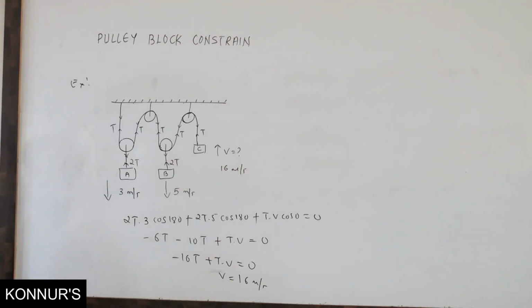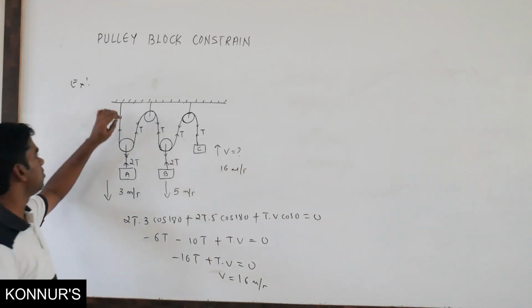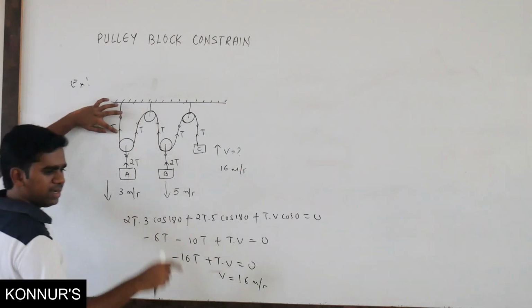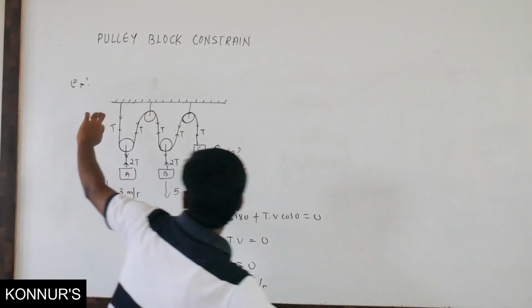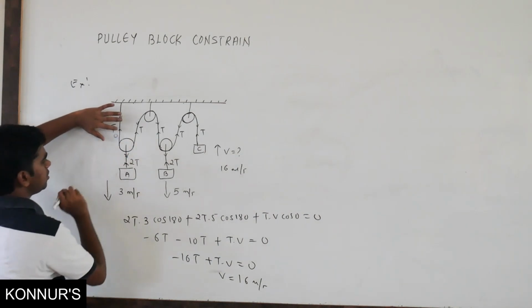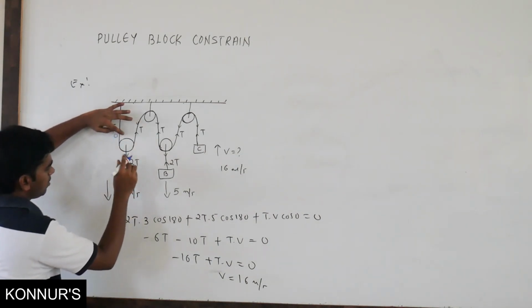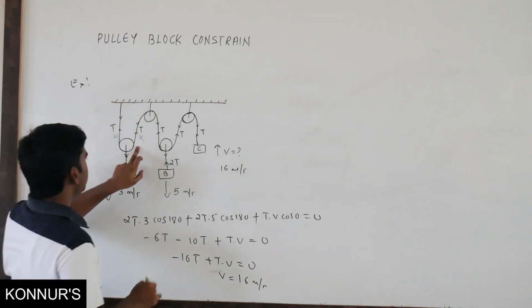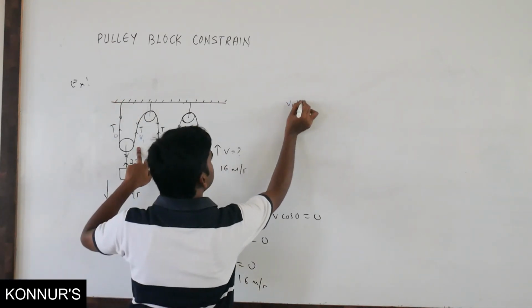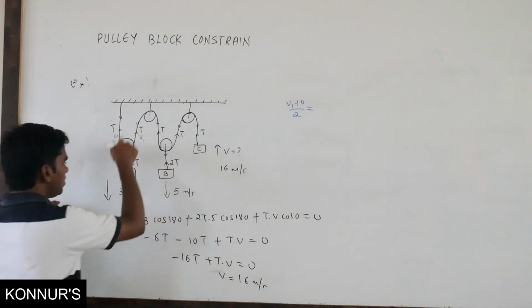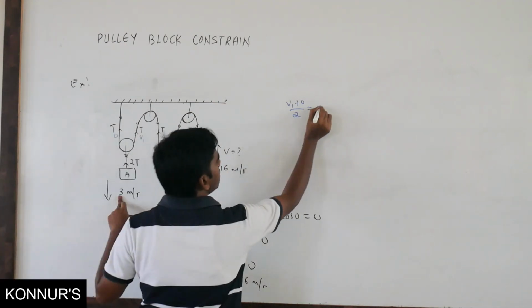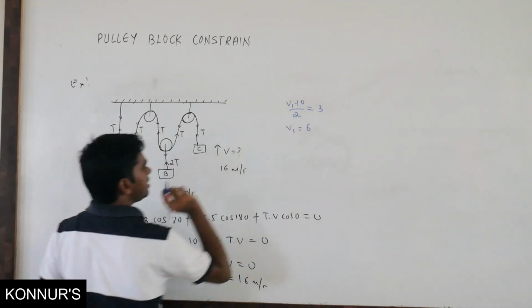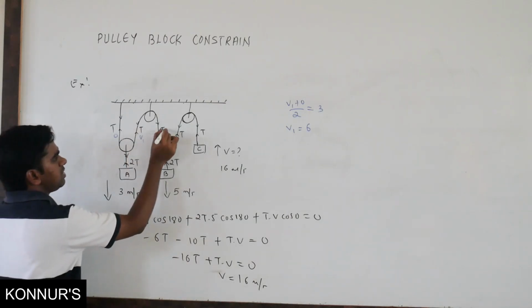Okay. If you apply the pulley method, you can use that also, no problem. Here you can take velocity, acceleration 0. Here what velocity here is 3. Here you can take it as, say, v1. So what you can use? v1 plus 0 by 2 equals to what is downward? Downward is 3. So v1 will become what? 6. Here it is 6 means here also it is 6.